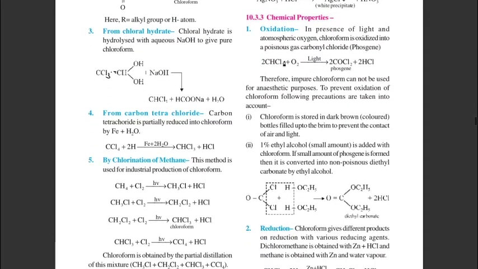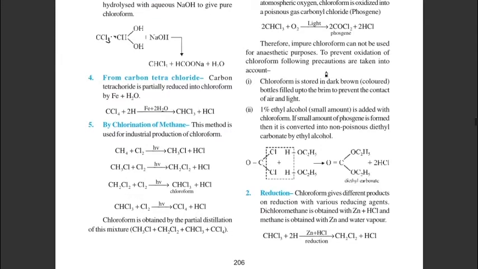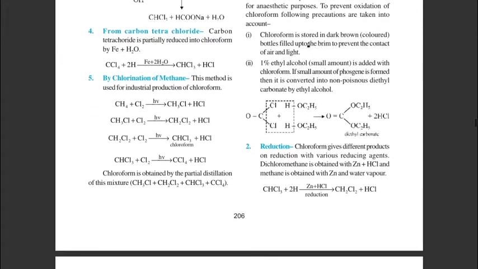Chemical properties. When chloroform is treated with atmospheric oxygen in presence of sunlight, then a poisonous gas phosgene, COCl2, is produced. Therefore, impure chloroform cannot be used for anesthetic purposes because it is a poisonous gas. So to prevent its oxidation, we should take some precautions. These precautions are: